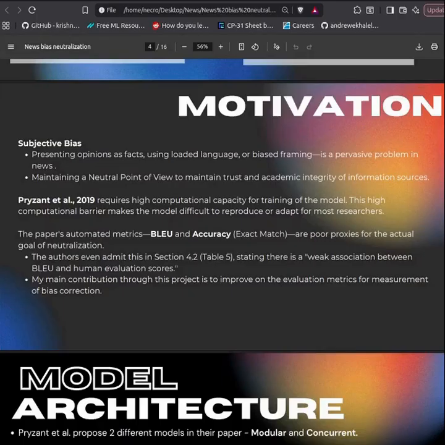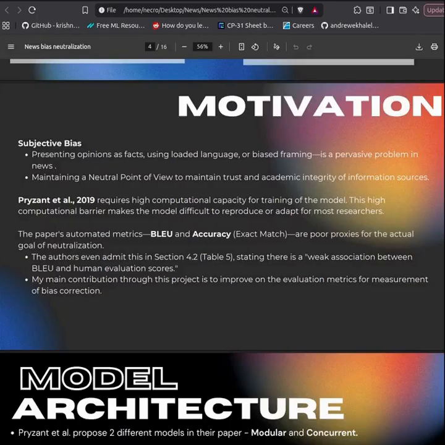The second motivation is to explore the gaps in the present paper. It's a fantastic paper, however, it has two main issues which I have spotted. One is the high computational cost. The models which were trained during this paper were on high-end hardware like NVIDIA Titan X GPUs, which is not readily available and is also expensive to access. So this makes it difficult for researchers or students to reproduce or build upon their work.